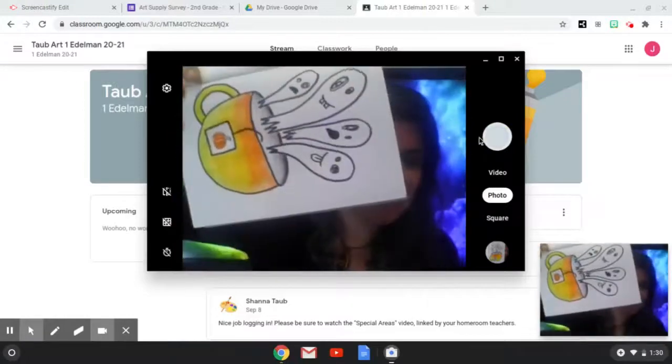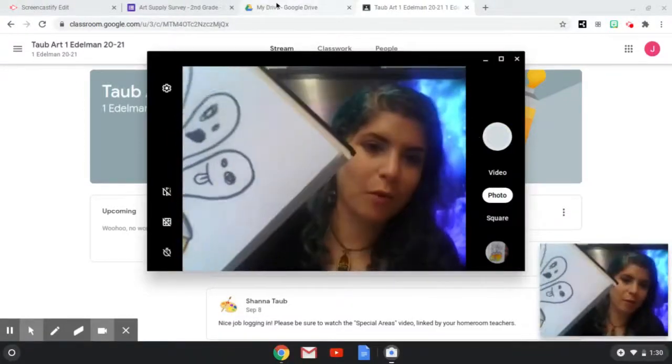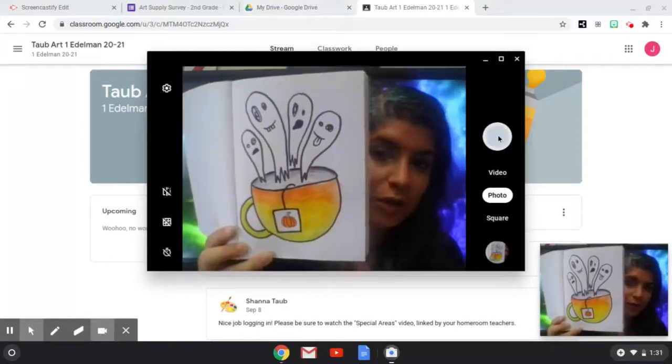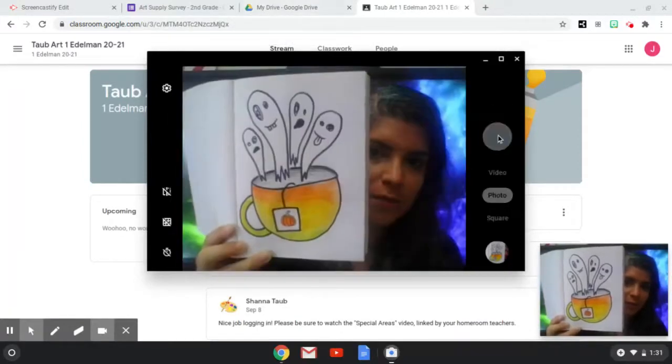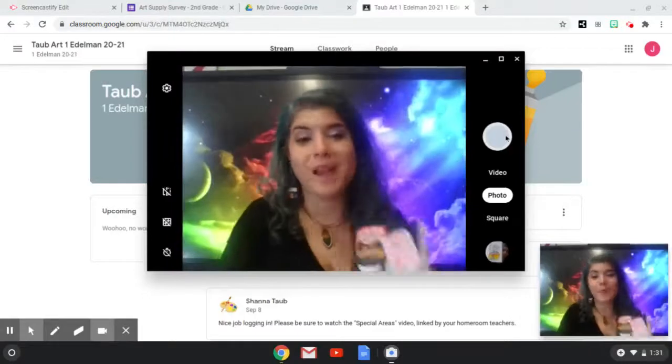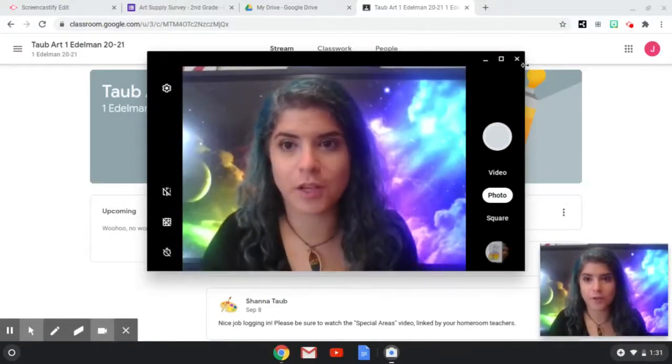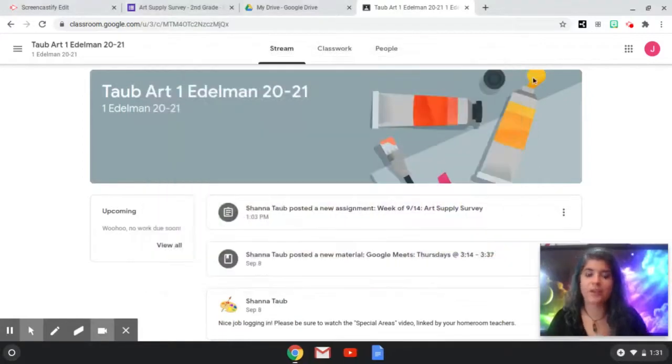I don't want to have it sideways. I don't want to have only part of it. You want to get that whole picture in your picture. You might want to ask for help so someone can take it while you hold it. Once you have a couple of photos, you can close out of your camera,